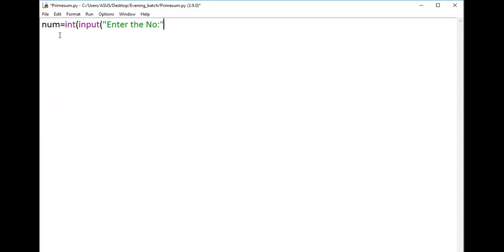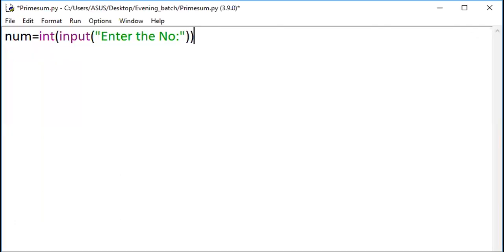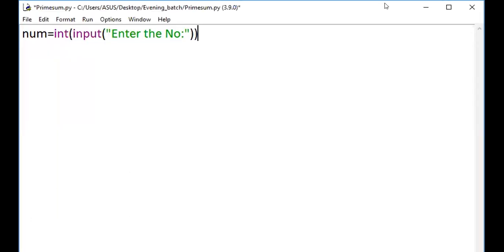After this, what I told you was to generate the series, right? So I told you to generate the prime number series. That is the second step I gave you. From the series, we can go ahead. If you want to generate a prime number series, what does that require? I should store it somewhere, right? Then only I can pick the value and work on it. So for storing, let me declare a list for storing the values.